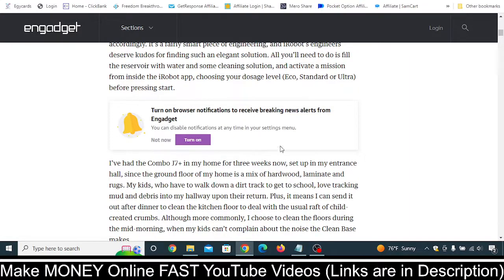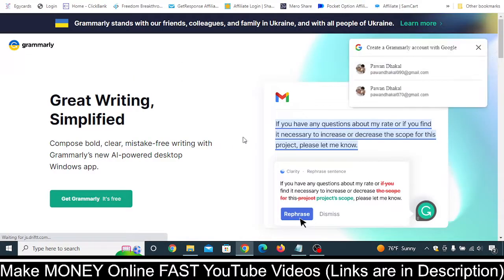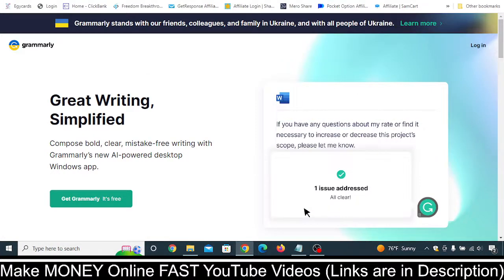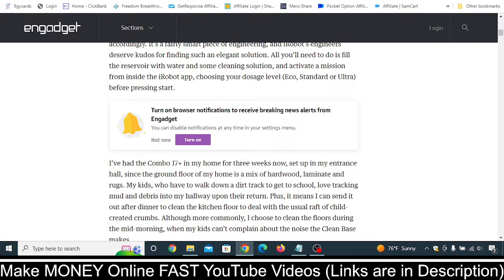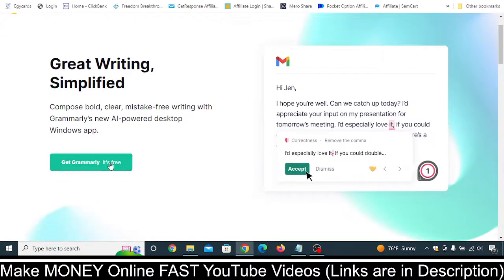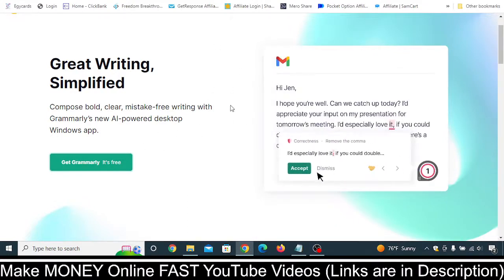And once you have written that article, then simply type on Google Grammarly, and it is a free online writing assistant. Okay, it will help you to correct your grammar in the article that you have written after understanding everything from this article. Okay, so just rectify everything by clicking here. Okay, just click on it, follow the step-by-step instructions to sign up and use it for free to correct your grammar. Once you have the final piece of the article, then